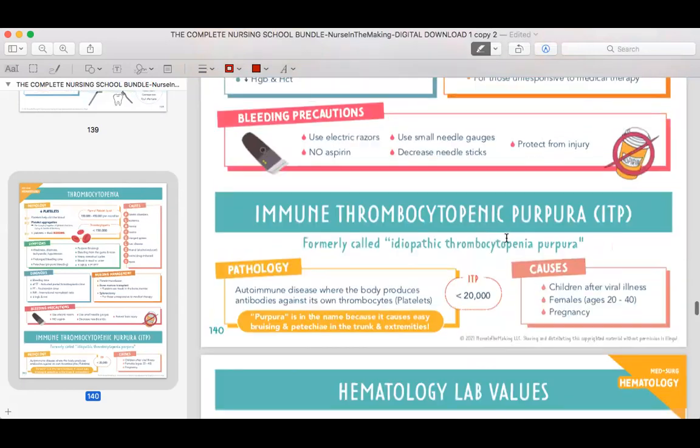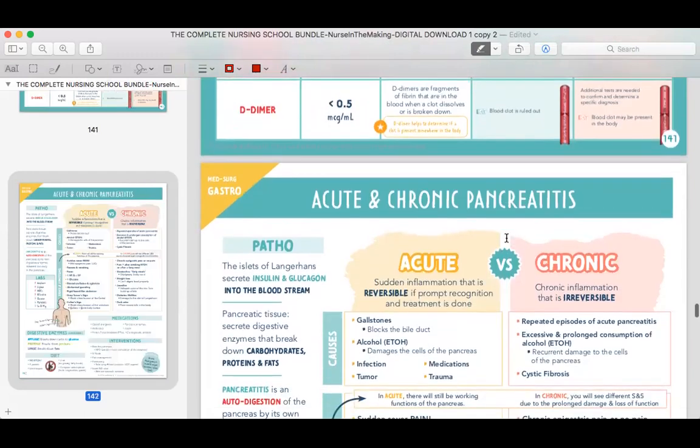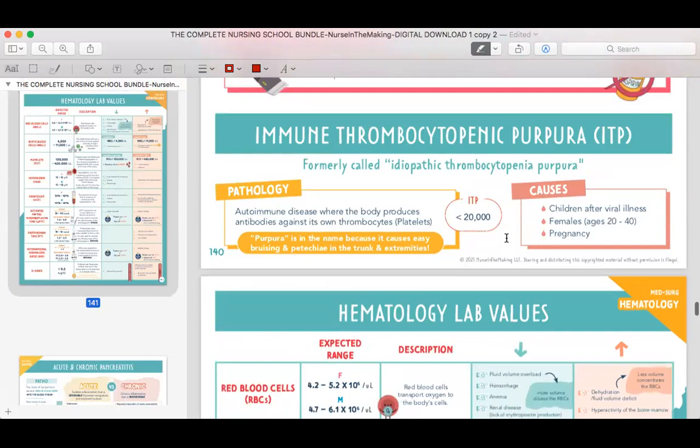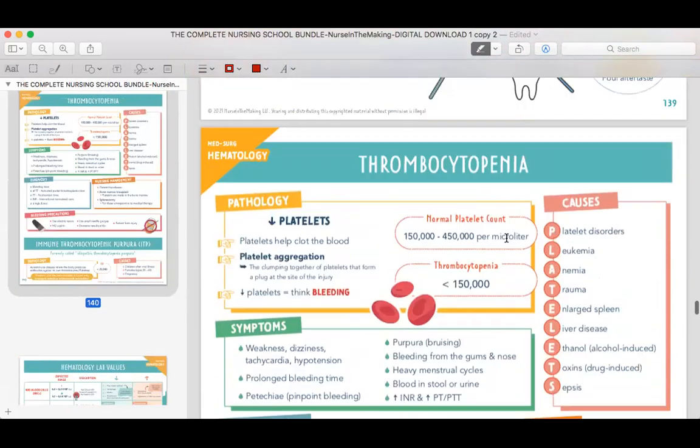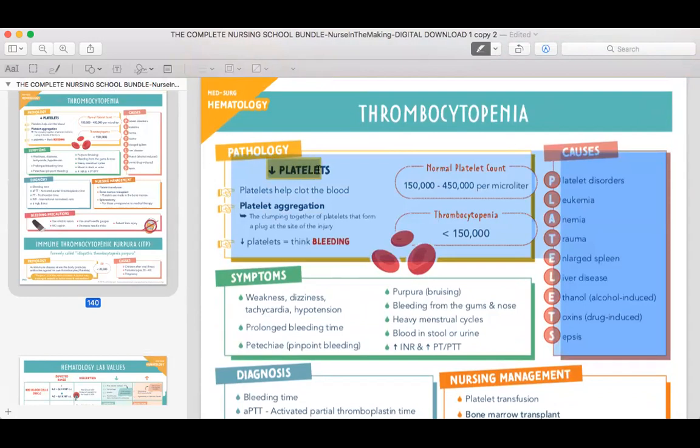Thrombocytopenia is important to know. Let me see what else. Thrombocytopenia does come up, but for peds. This does come up for peds. They have a decrease in platelets. So your platelets are